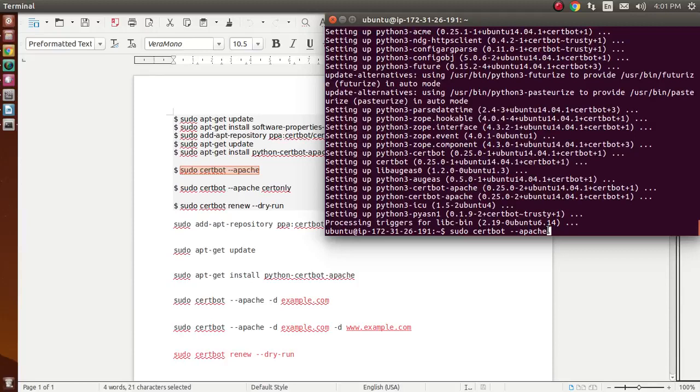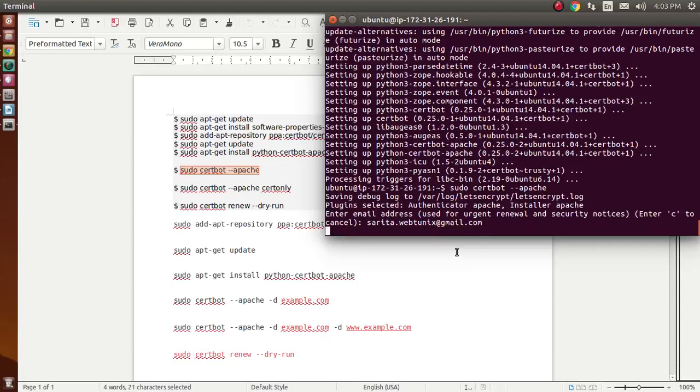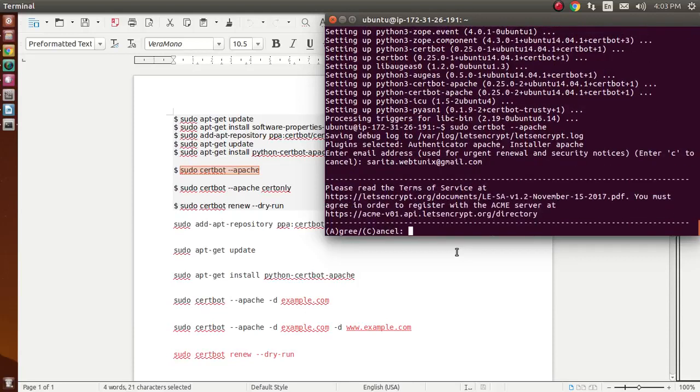And if you are feeling more conservative and would like to make the changes to your Apache configuration by hand, you can use the certonly subcommand. So enter your email for confirmation, then press enter.